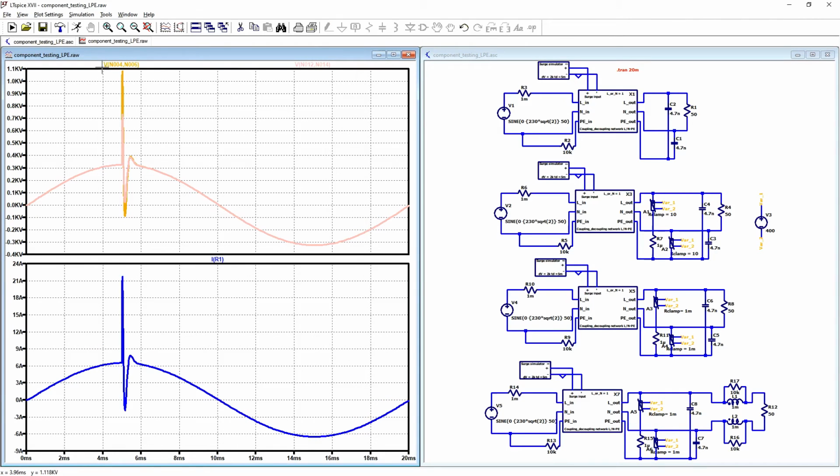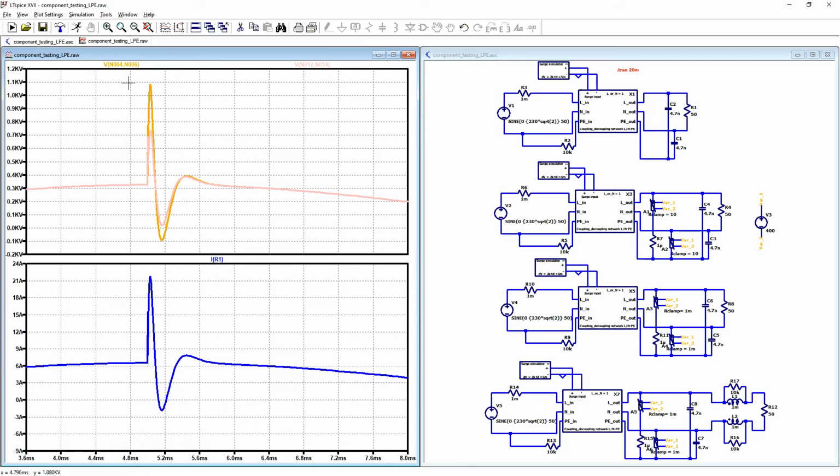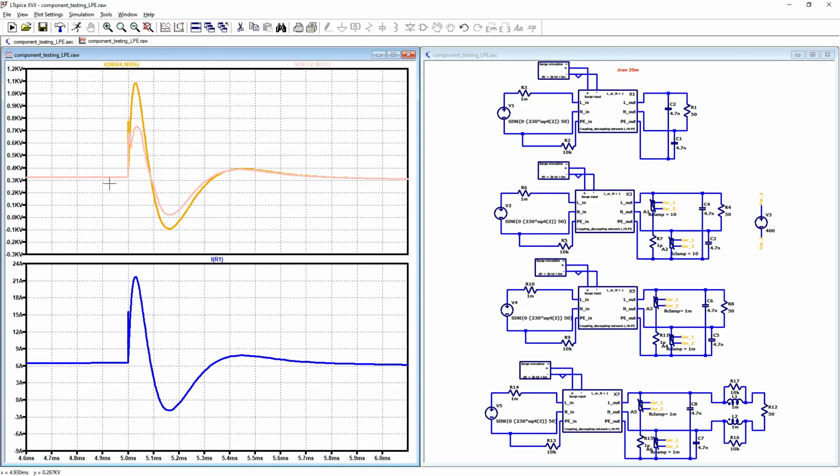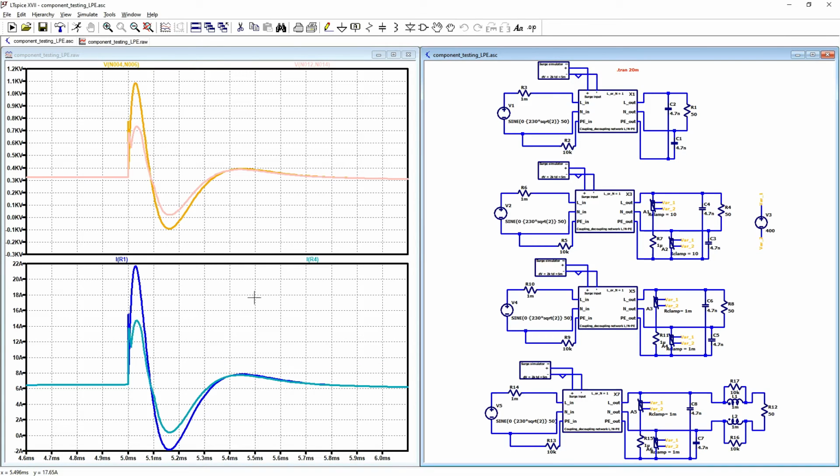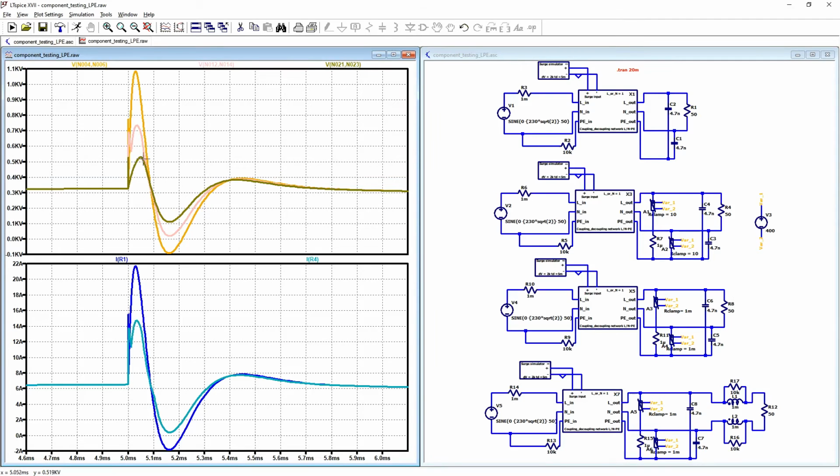You can see that it is much lower because we added varistors, but these are not very good varistors. The impedance is 10 ohms, but it is better, 700 volts. Current at the resistor is also lower. Then we add better varistors with lower impedance. Voltage is now 500 volts and the current is